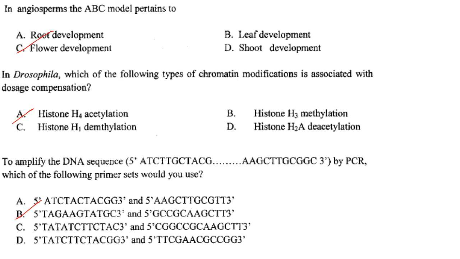Next one. In angiosperms, the ABC model pertains to flower development. Answer is option C. In Drosophila, which of the following types of chromatin modification is associated with dosage compensation? So histone H4 acetylation. Answer is option A. To amplify the DNA sequence by PCR, which of the following primer sets would you use? So the answer is option B, that is